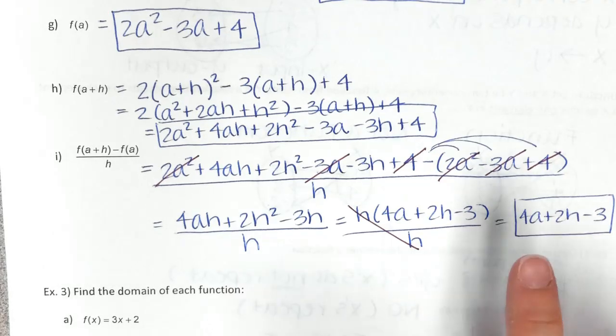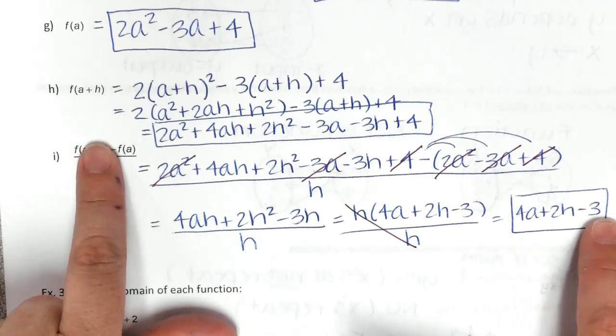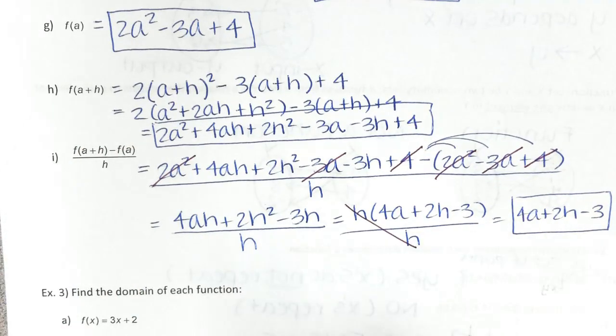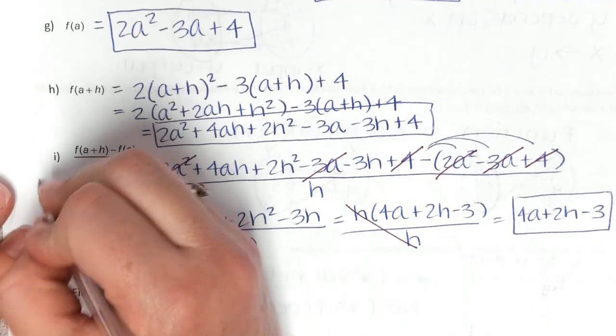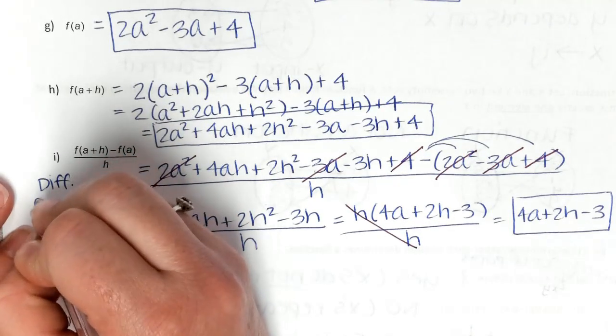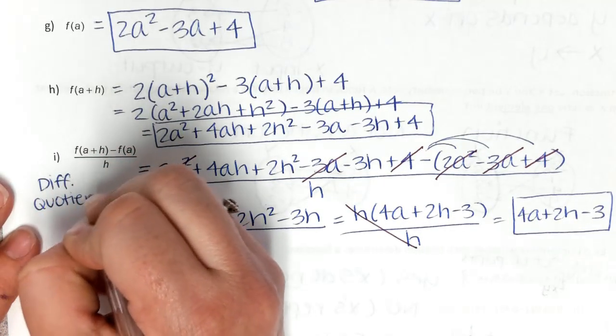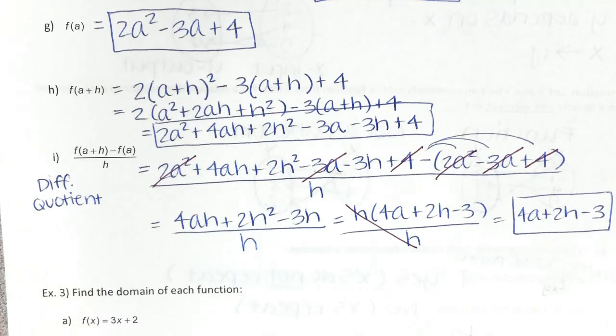Now, I told you that your answer would have both a and h in it, which it does. This is called the difference quotient, if you want to write that down. This is a really important thing that we use in calculus to find slopes, and we take the limit of this, and it tells us what a derivative is. So this is very important to the concept of studying calculus. You have to be able to calculate a difference quotient, because that's how we find a derivative at the beginning